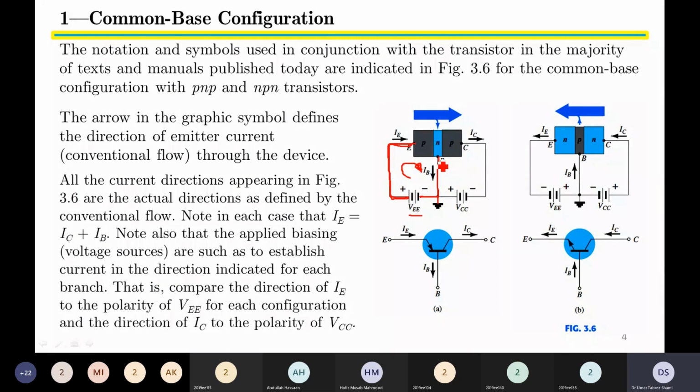In fact, we have achieved the first criteria. Now, what is the second criteria for transistor operation? The second criteria of the transistor operation is that we must reverse bias base collector. And to reverse bias base collector, we are using a separate battery called VCC. We connect VCC such that the positive side of the plate is grounded over here. So this means that only its negative plate is available for connection because the positive plate has been grounded.